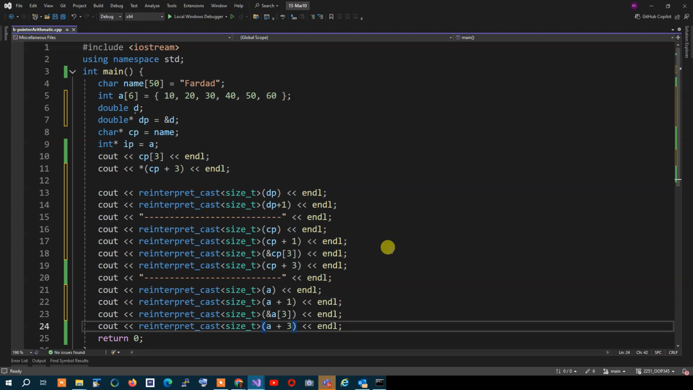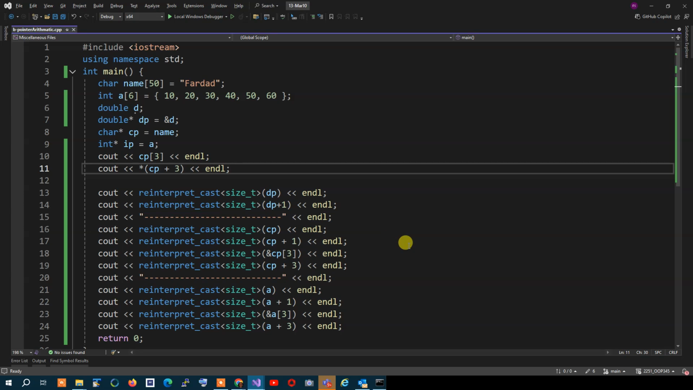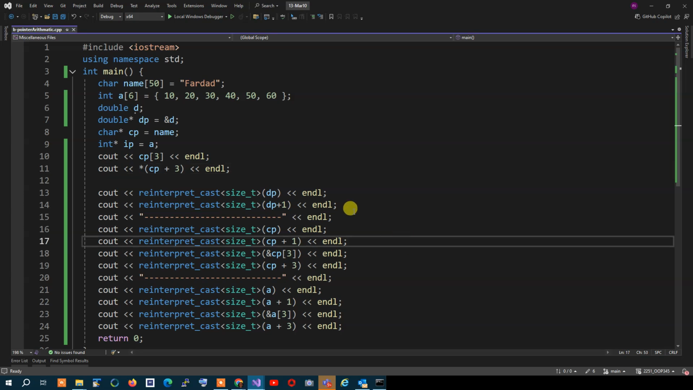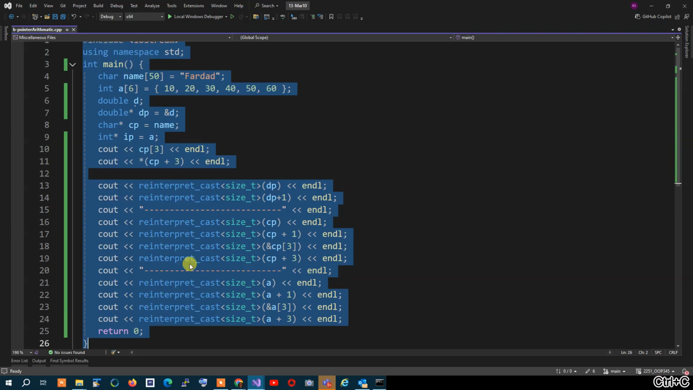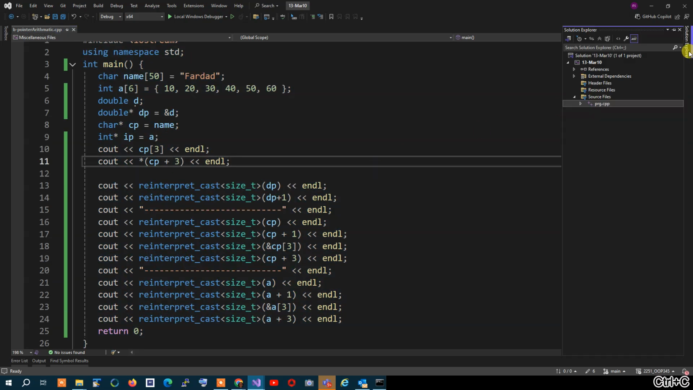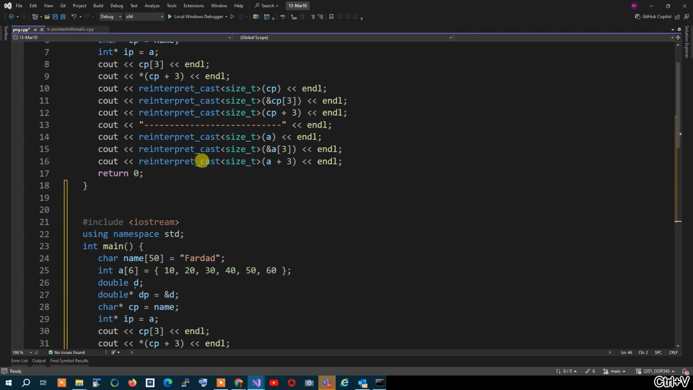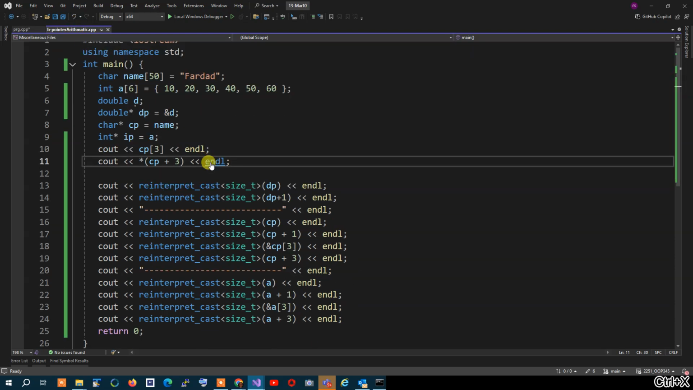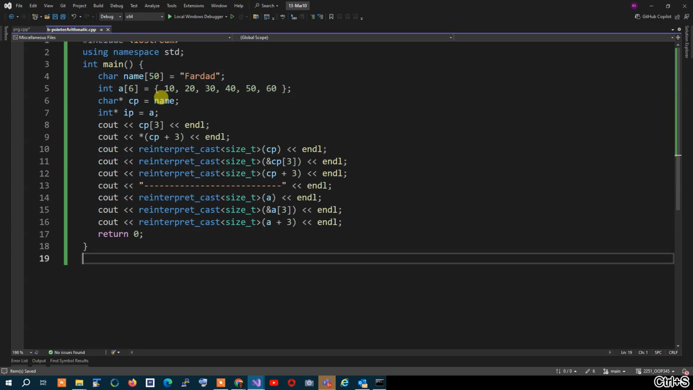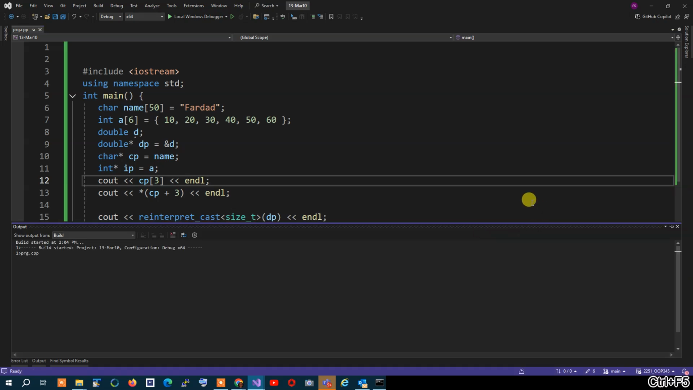So when I write something like this and I execute it, oh, I put it in the wrong place. My apologies. Give me a second. Copy. One more time. So when I run this program now,